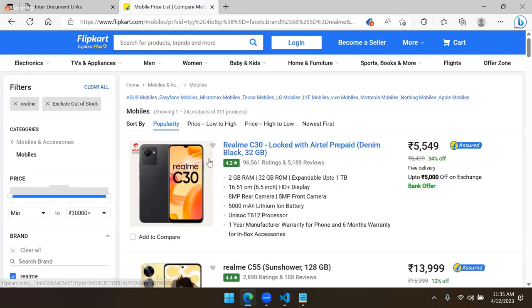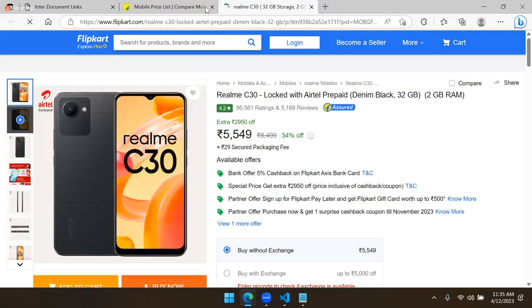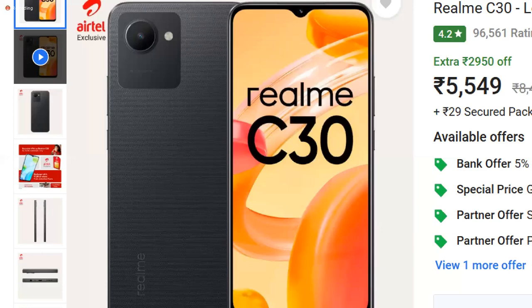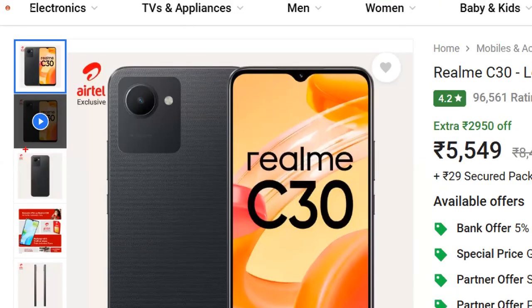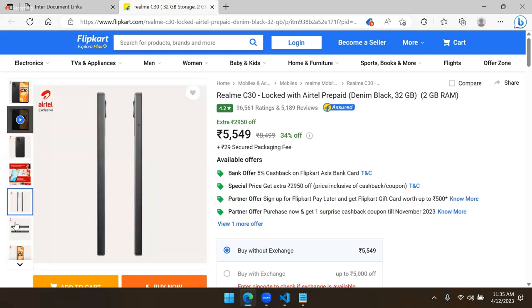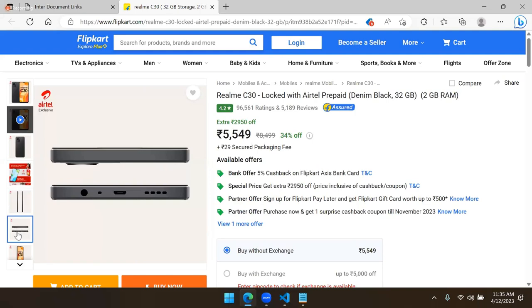You can see when I open this mobile, on the left side the preview is present, and when the user clicks, the right side will open. Now, the right side where that content is opening, this is an iframe. That means the content will open in the